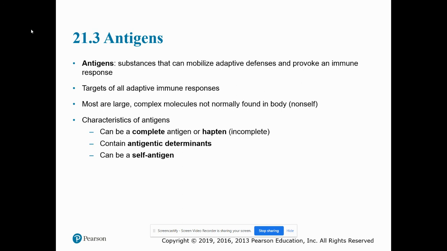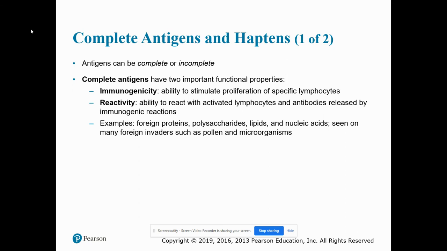There are some characteristics of antigens. They can be complete or they can be incomplete. Incomplete antigens are known as haptens, and we're going to look at what haptens are in, I think, two slides. They contain things called antigenic determinants, and I'm going to show you a slide about that. And they can also be self-antigens. So again, antigens, complete or incomplete. When we talk about complete antigens, they have to